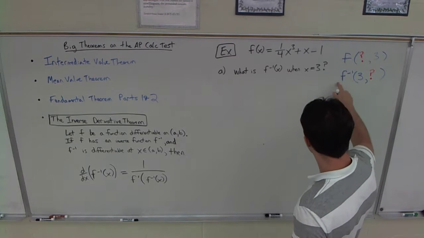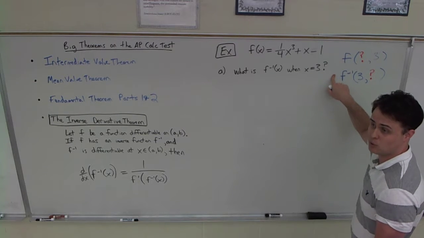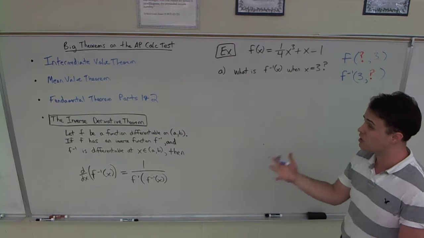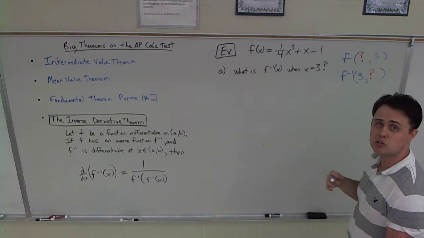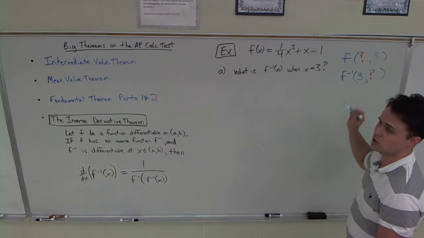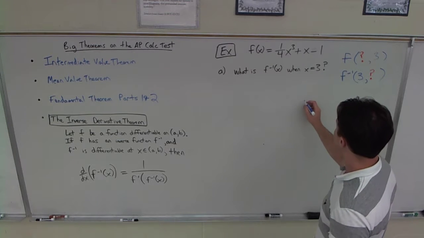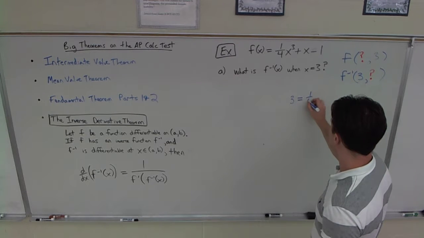Okay, so I'm going to be expecting to see these little coordinate pairs. This is important for higher level math, number 1, but it's also important to being easily successful with this. This should be a really easy theorem to use, and it's all about thinking about what an inverse is precisely, and writing them as coordinate pairs will really help you. So I'm going to set f of x equal to 3,